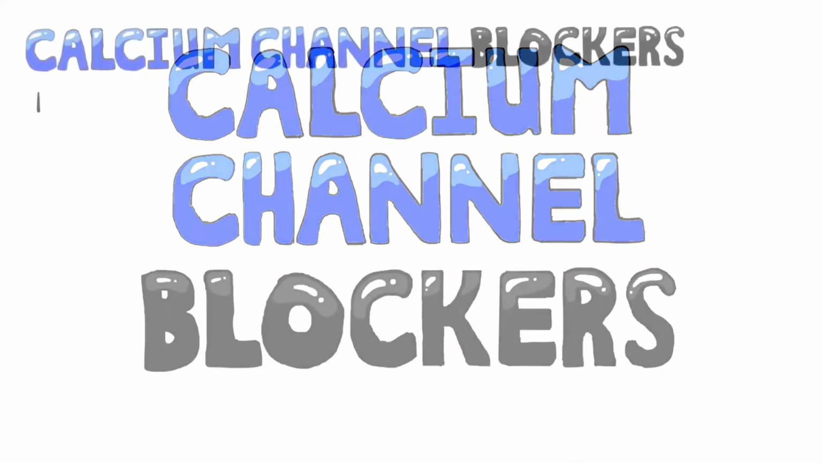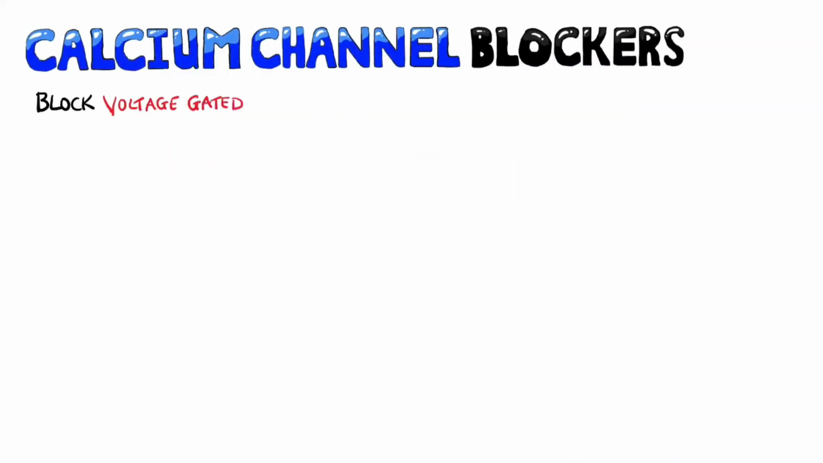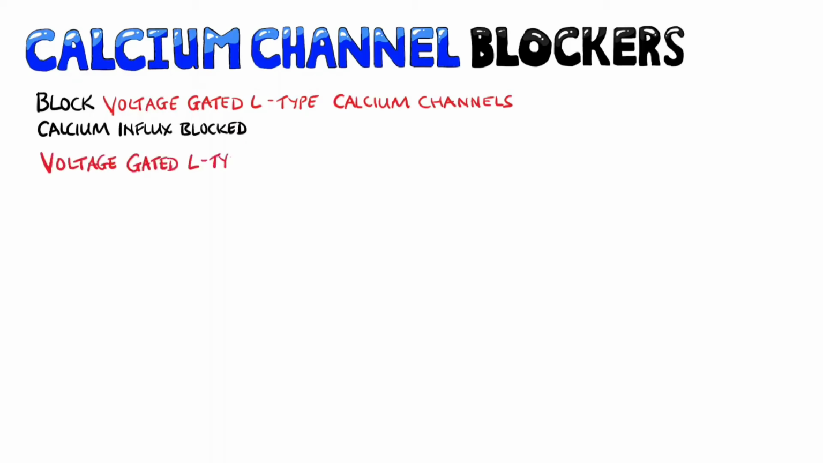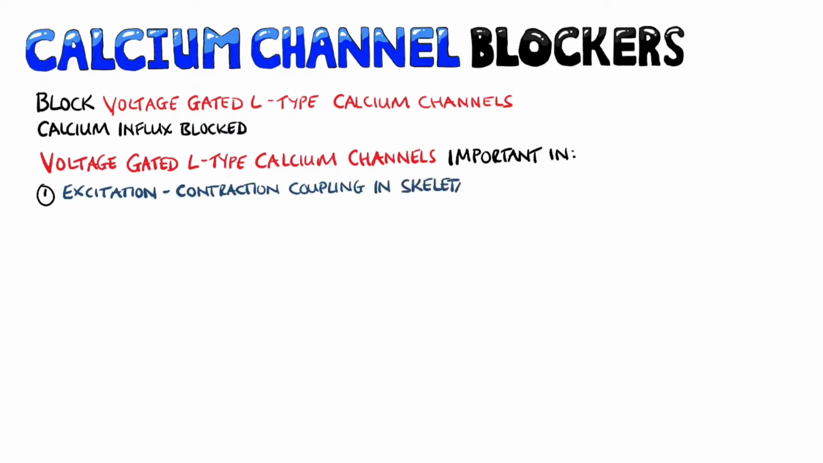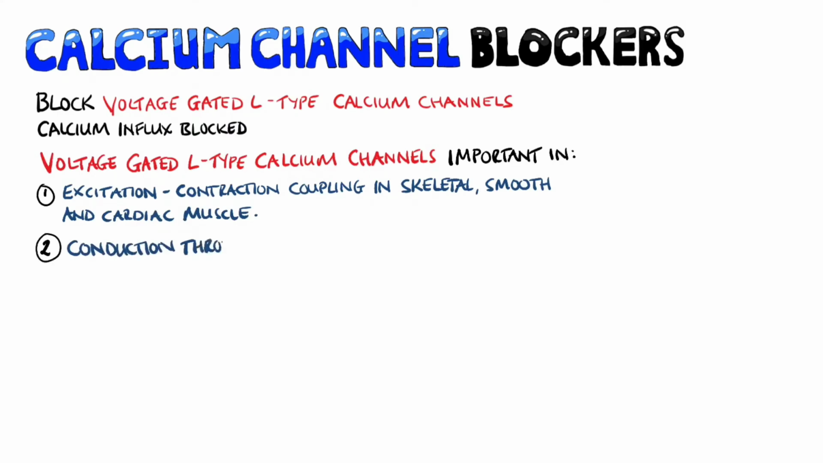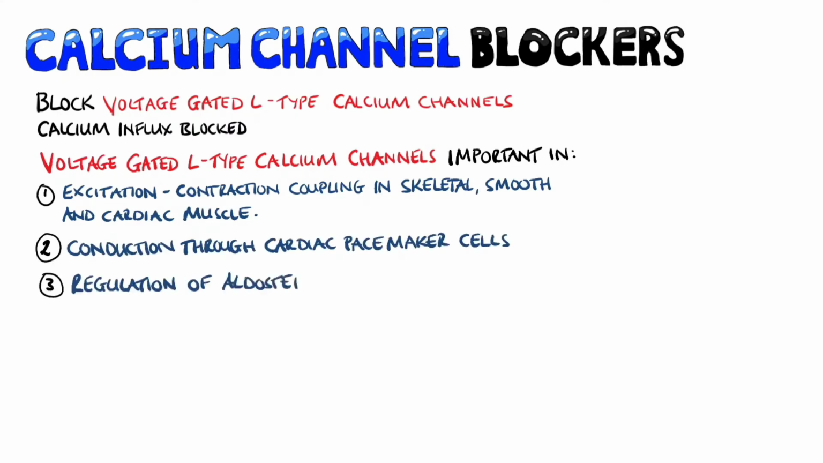Blockers commonly used. So first of all, the calcium channel blockers work by, as the name suggests, blocking calcium channels, but specifically they block voltage-gated L-type calcium channels and prevent calcium influx into the cell. Voltage-gated L-type calcium channels are needed for excitation-contraction coupling of skeletal, smooth, and cardiac muscles. They are also involved in the conduction of pacemaker cells and are needed to regulate aldosterone and cortisol secretion from